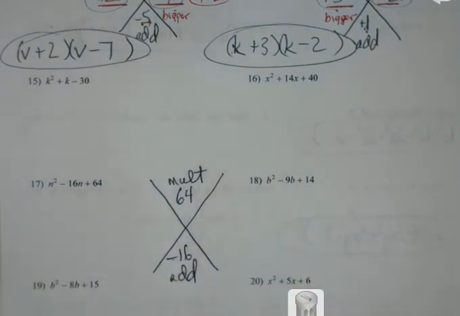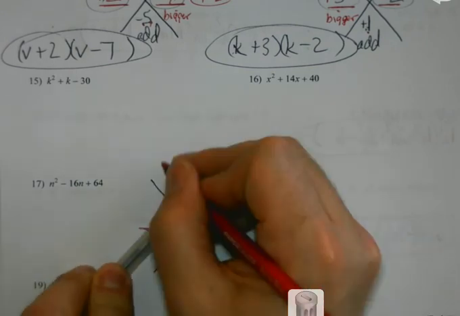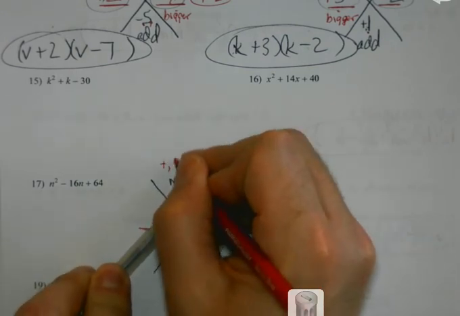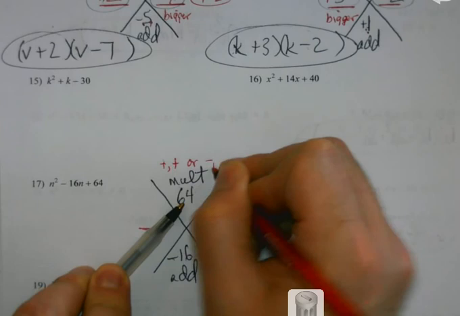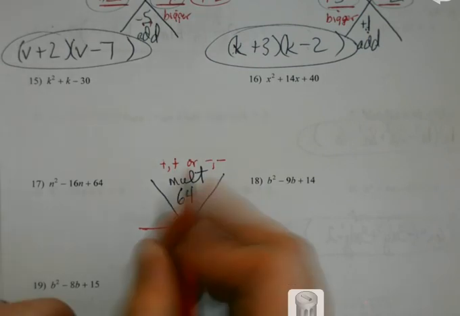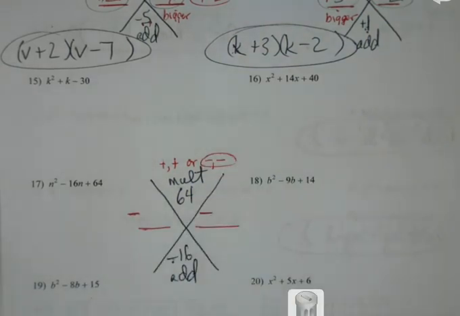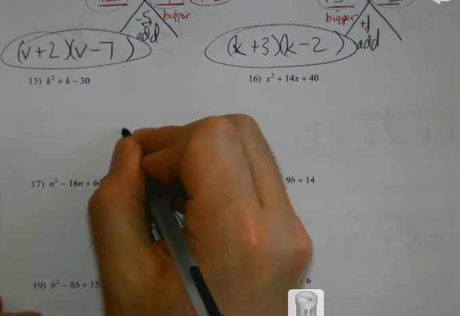All right, detective work first. Multiply to get a positive. It's either going to be positive, positive, or it's going to be negative times negative. How do I know which one? What sign's on the adding part? Negative. Okay. Tells me they're both going to be negative. You're like, okay. So then,